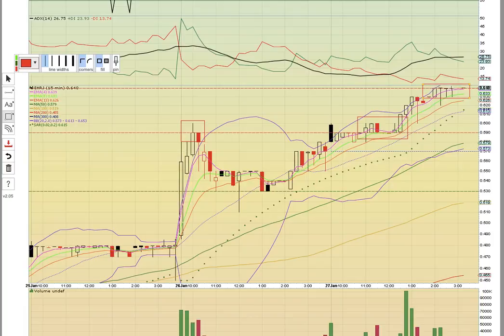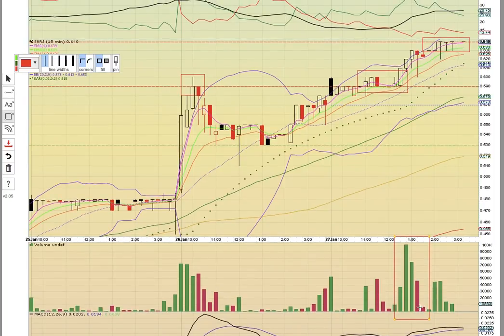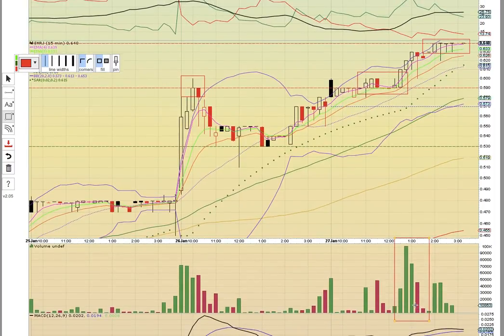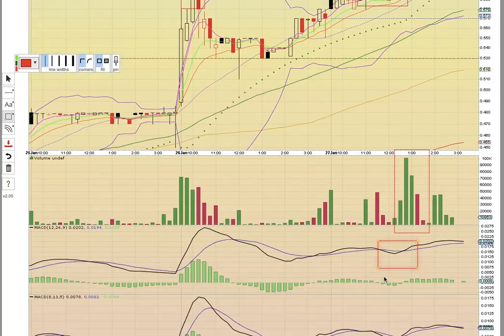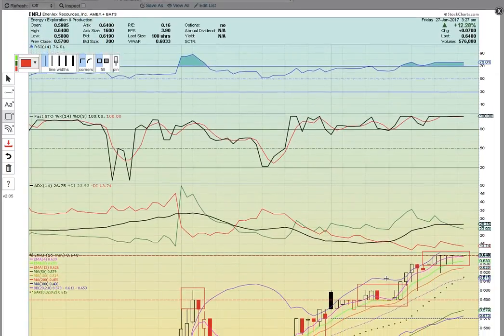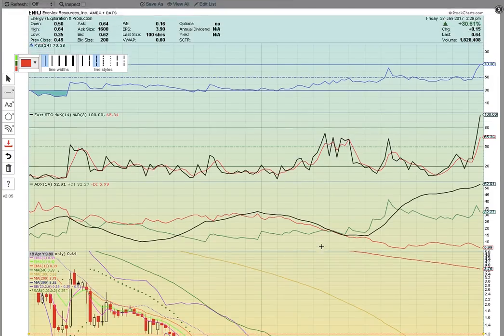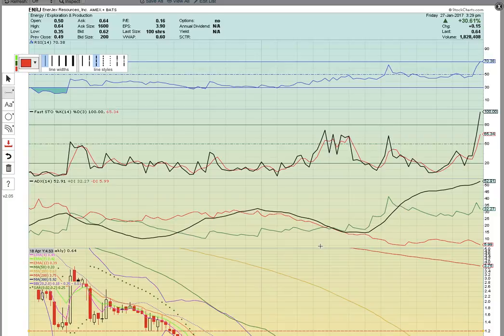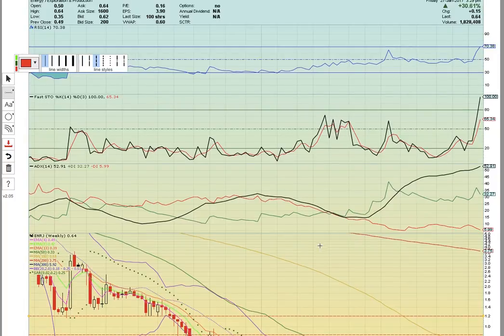So this is really strong. It's pushing really hard. Notice how this volume came in. Big volume pushed this to the next level. You always like to see volume behind the move. So somebody wants to see this higher. This is a thinly traded stock, so it's really easy to push it up. That works in your favor if you're a bull on the way up, but on the way down, that can really hurt you. So just keep that in mind. Stocks that make parabolic moves have very sharp declines that follow. So just don't get caught holding the bag if it pulls back. But this could have some upside potential for a potential longer term swing trade,